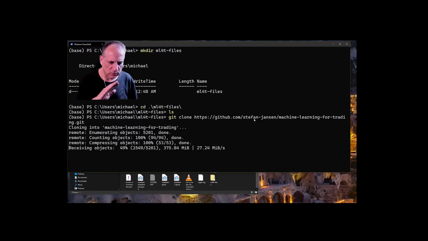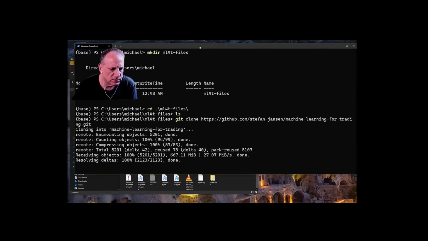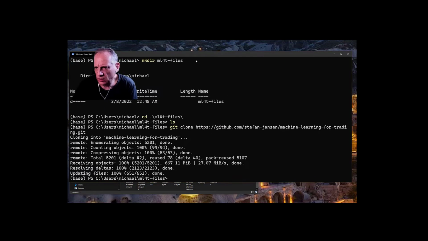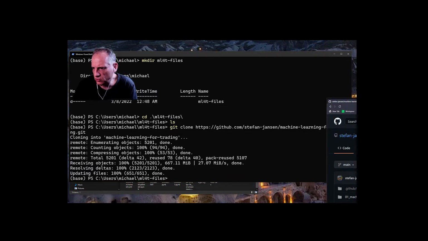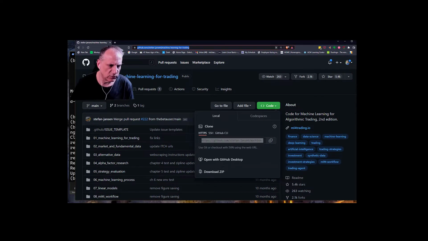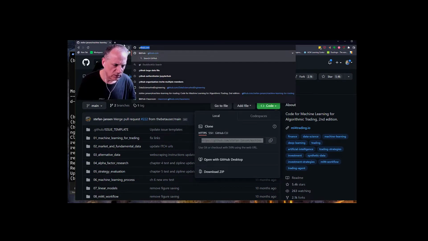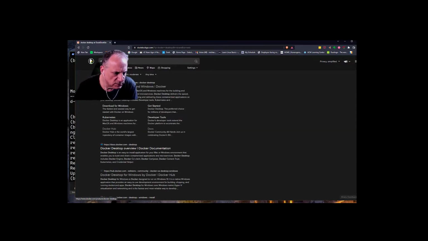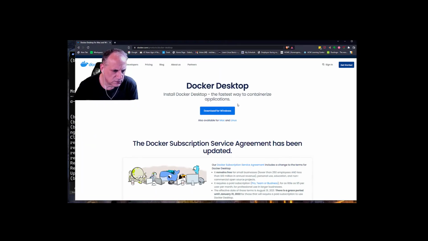So, and then I will create the container. I've created a container, so I'm going to create the container, and I'll have the container able to see that. But while that's downloading, I am going to need to install, so if we go to Docker Desktop, I would install the Windows version,